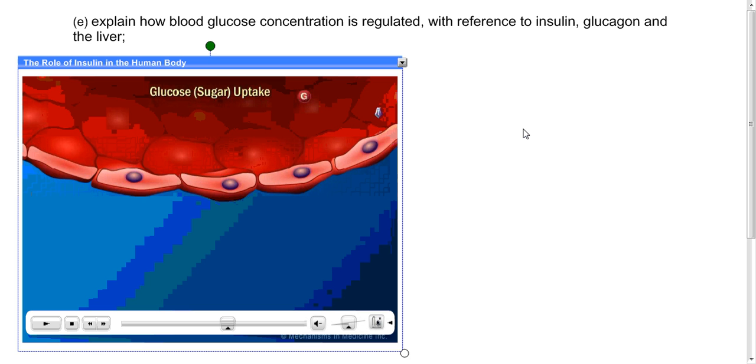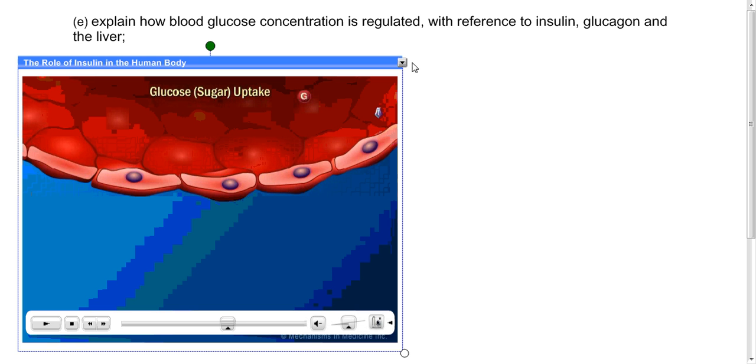This is 4.1.3 in the hormone section, and this is part E. It's not going to be part E in its entirety, but just explaining perhaps one of the slightly more complex processes. And we're going to explain how blood glucose concentration is regulated with reference to insulin, glucagon, and the liver. So you should have already watched part F, which explains how insulin is released from beta